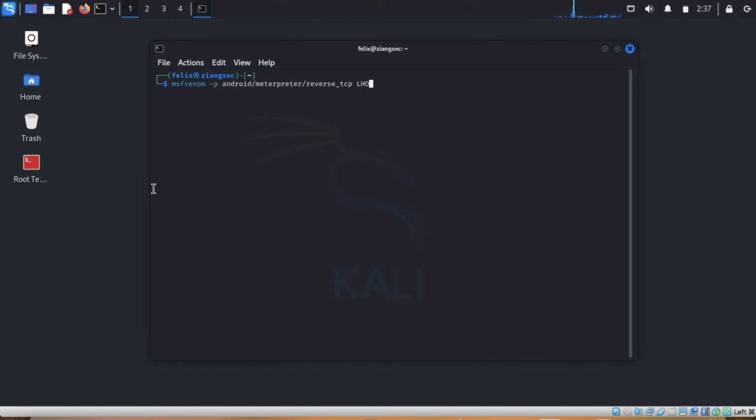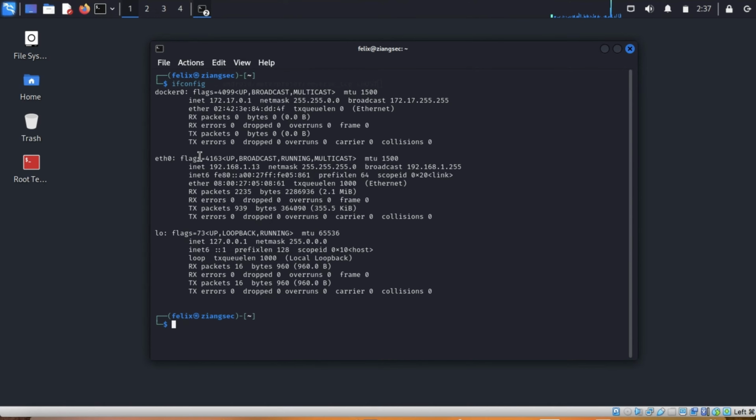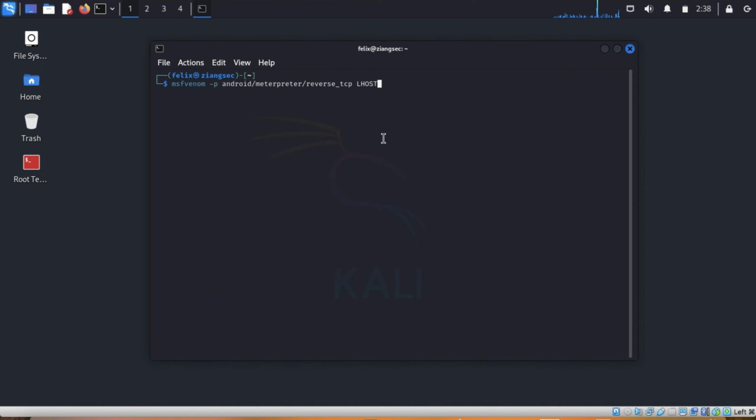Then we will have the LHOST. Our LHOST will be the hacker's computer, in this instance, this computer I am using. So we will check what is the IP of this one. That is 192.168.1.13. So LHOST equals 192.168.1.13. Then we will also set the port 4444.